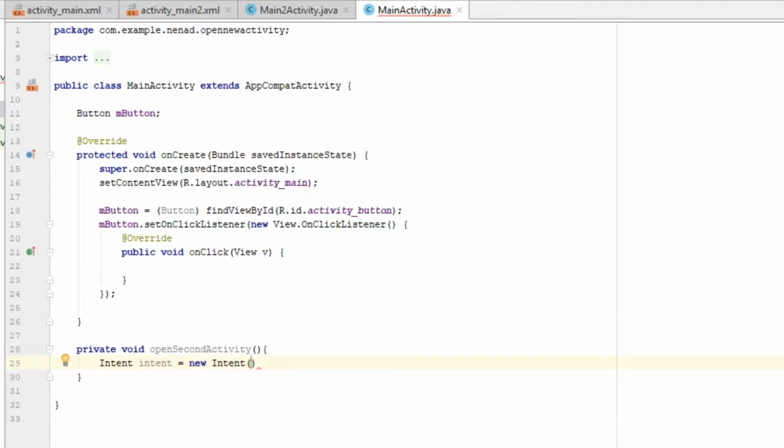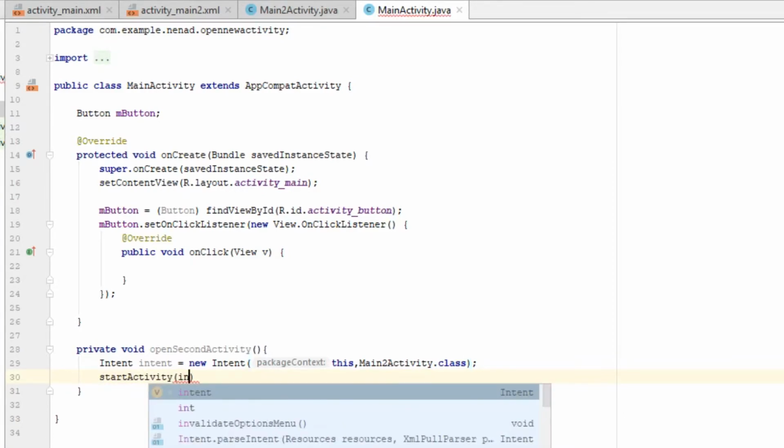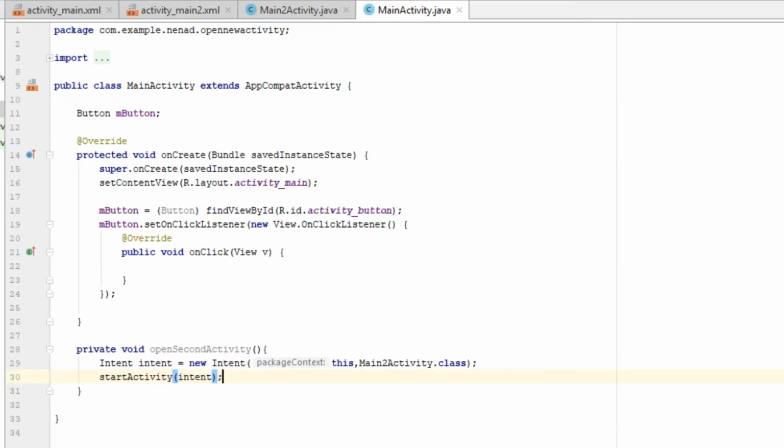First one is context, and we can just type this, because that's gonna send this mainActivity class as a parameter, and activity class is a subclass of context, so that's why we can do that. And second parameter is activity that we want to send this intent to, in this case just to open. So MainActivity2.class, and just type startActivity, and inside pass in your intent object, so intent, and